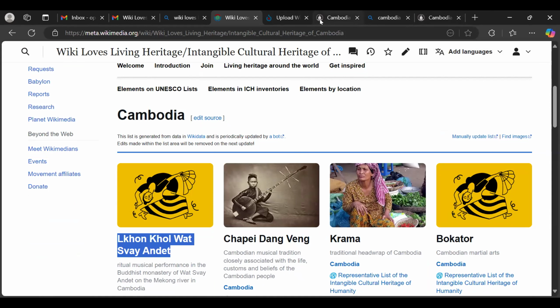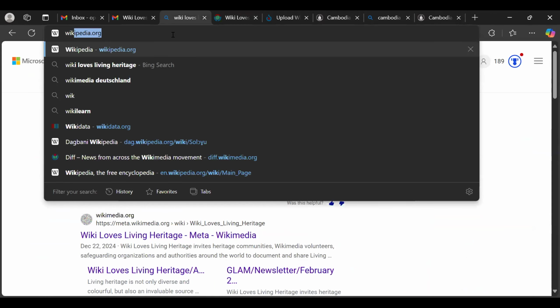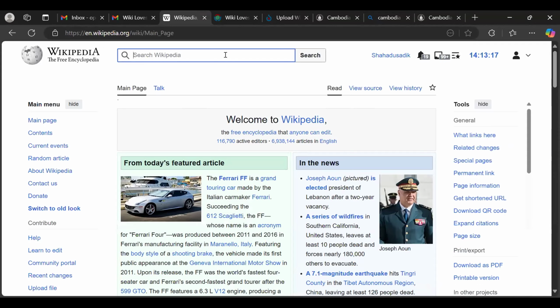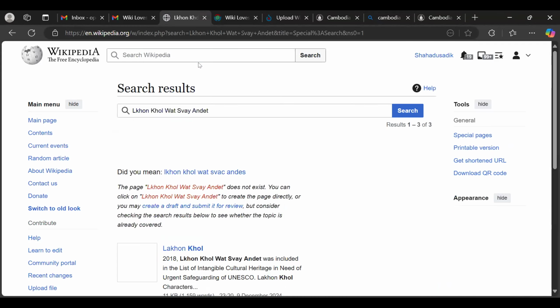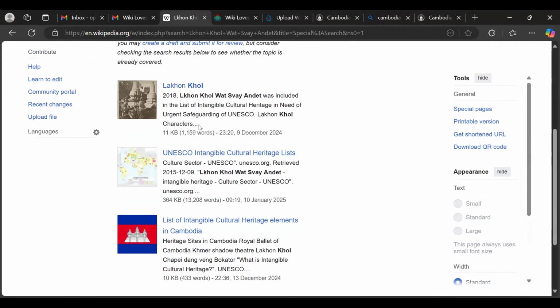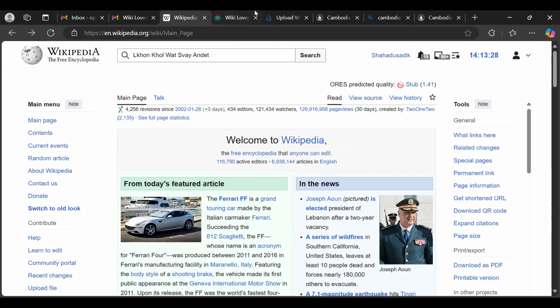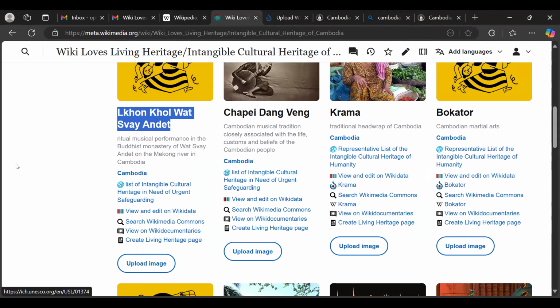Then you go to English Wikipedia and paste it to search it. I'm just pasting this one because nobody has created it yet, or maybe it has not been linked. If it doesn't exist, you can create it. But to make everything simple for you, just focus on these existing ones.